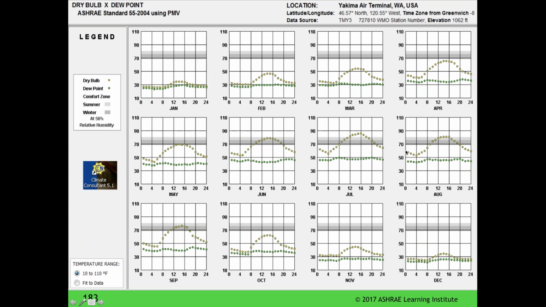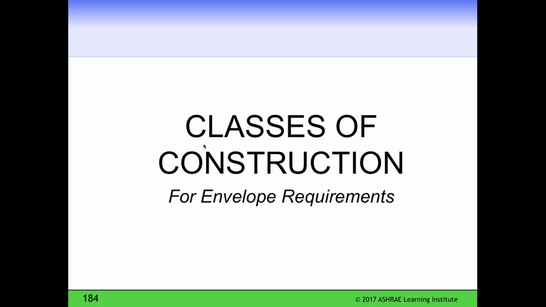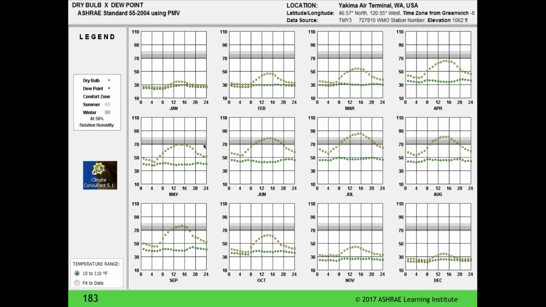So we use this information. Yakima in the high desert up in Washington State has no problems with dew point, as we can see with dew point below 50 pretty much year round in the high desert. So that's a summary of climate impacts on the